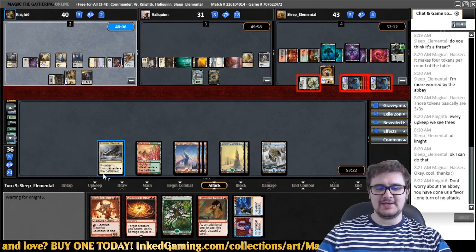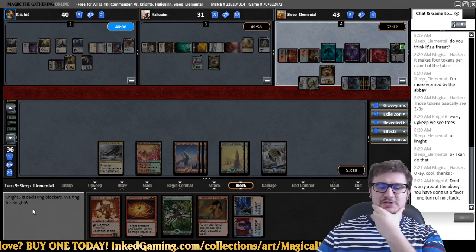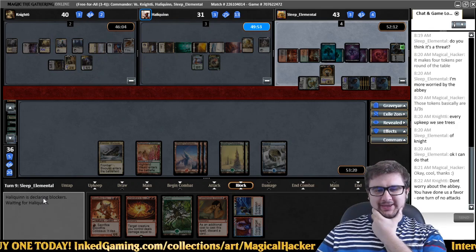Now, the question is, do we actually... Yeah, we're not going to do any blocks. Do we actually use the Expansion Explosion now? And if we do, what do we target? You know what? I don't even know. I think...